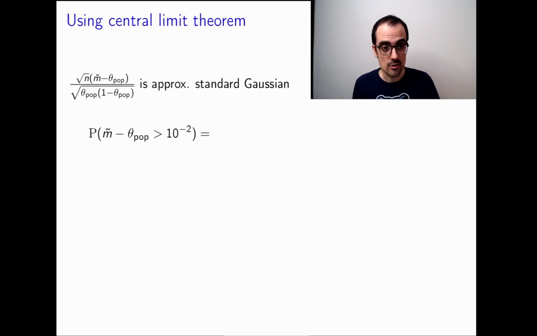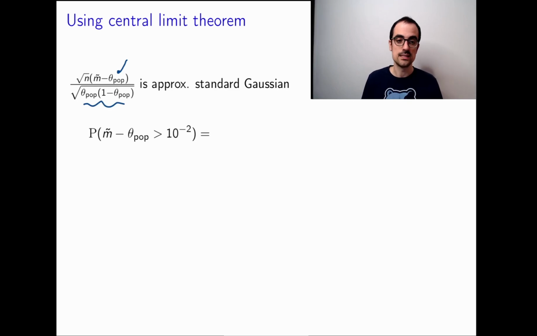By the central limit theorem, we know that if we subtract the true parameter and then divide by the standard deviation, then this is approximately a Gaussian with mean 0 and unit standard deviation. Of course, we don't know this, but we'll get to that. So what we're going to do is say, what is the probability that m is